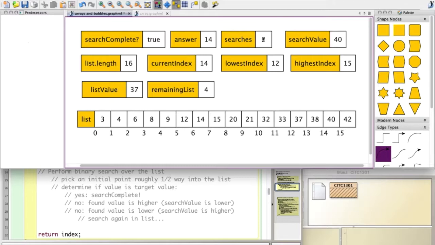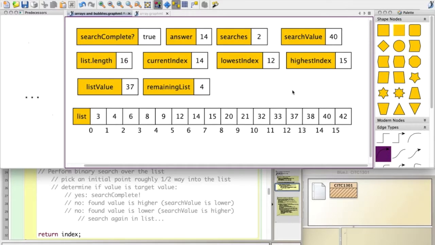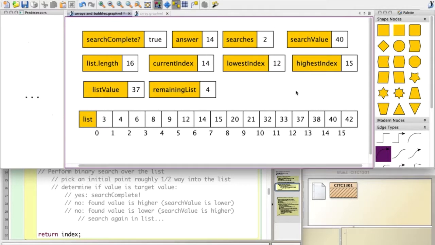So we performed 2 searches out of 16 objects and found our target value. So what you would find out of any binary search algorithm is that you're never going to perform more searches than log base 2 of the initial length of your list. And I think that I can kind of show that a little easier using something else, but basically,